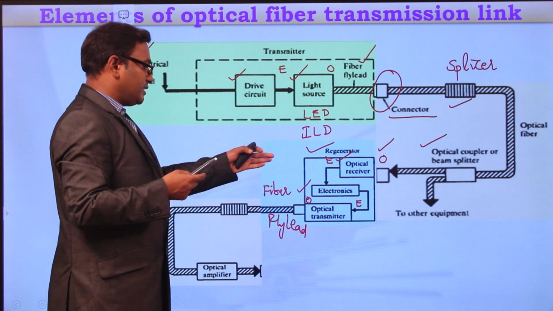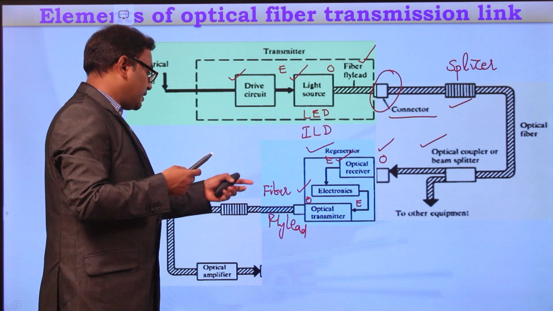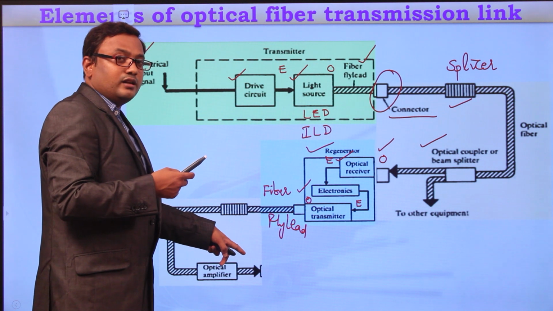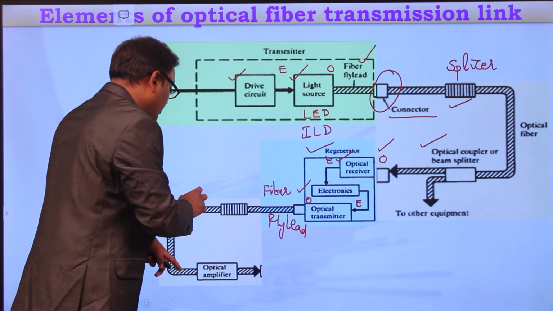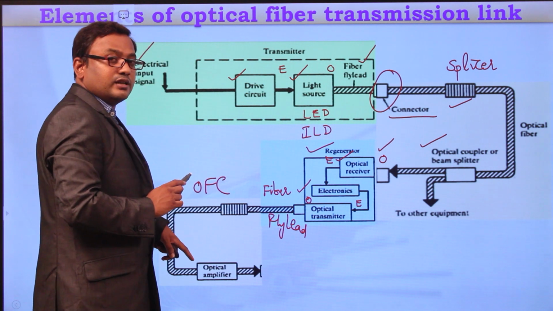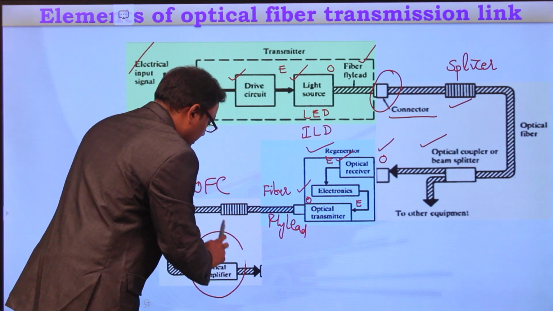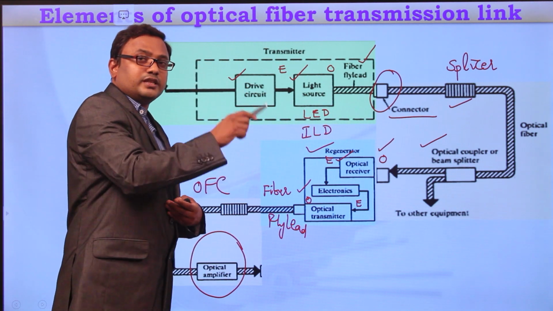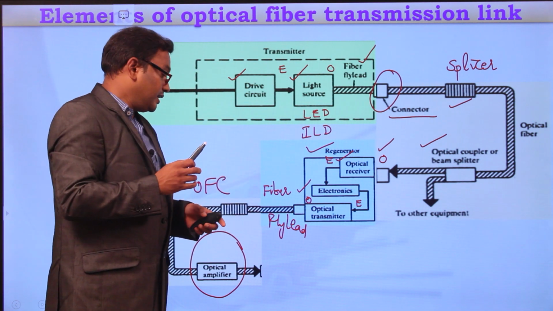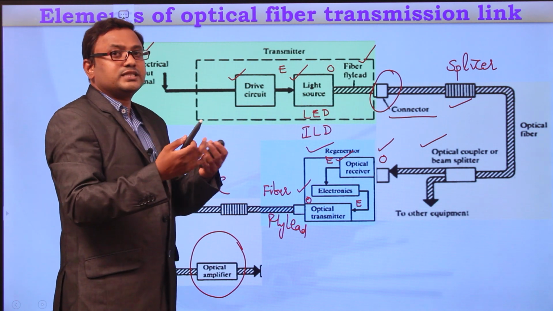Whatever it is, the amplified optical signal which is coming out from this regenerator will again be connected to the optical channel, which is nothing but the optical fiber cable once again. And this optical fiber cable carries the light information, and whenever we need another repeater, we'll use another repeater section somewhere in the channel, right, based on the distance of the communication link. And finally, this channel must be connected to the receiver section.